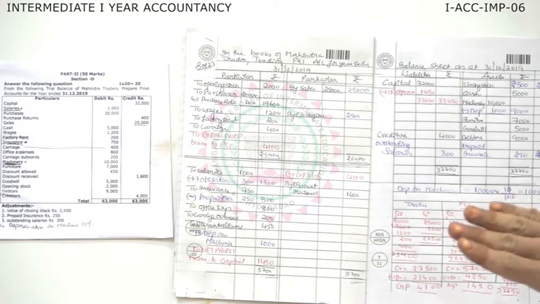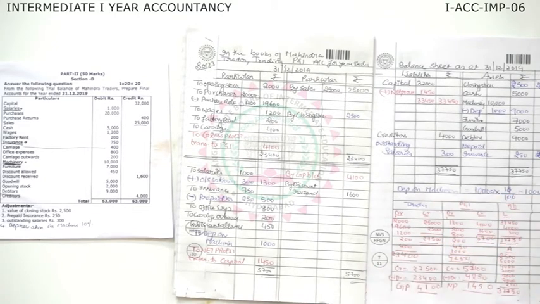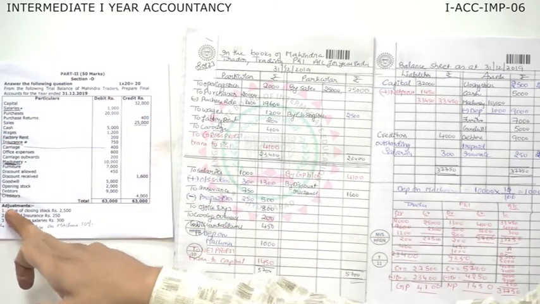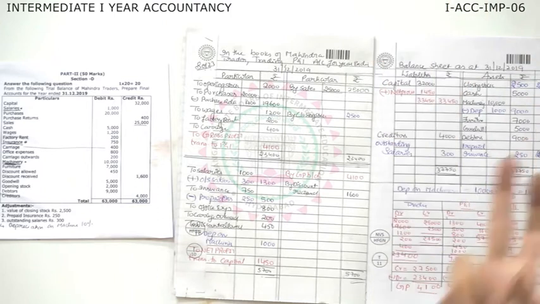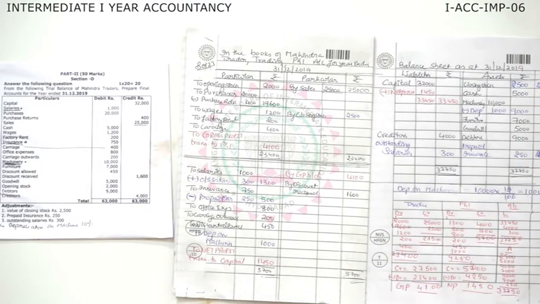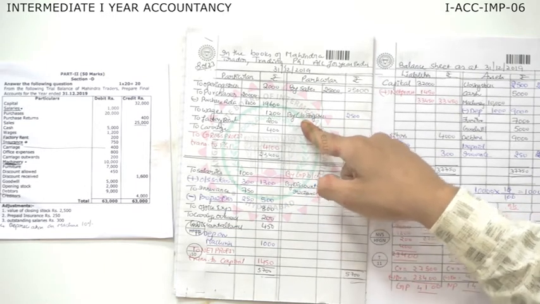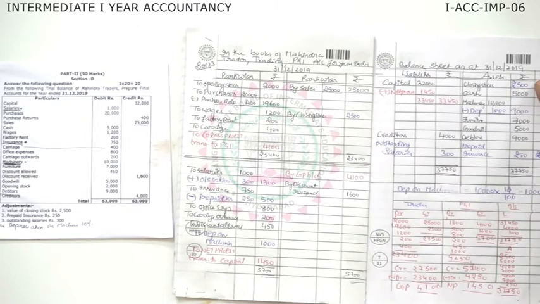So this is all about final accounts. Kindly revise the adjustments properly. And what are the frequently asked adjustments? For you all, I explained what the adjustments are. First, always will be closing stock. What will be the effect of closing stock? Always the first effect will be trading account, credit side, and balance sheet, asset side.